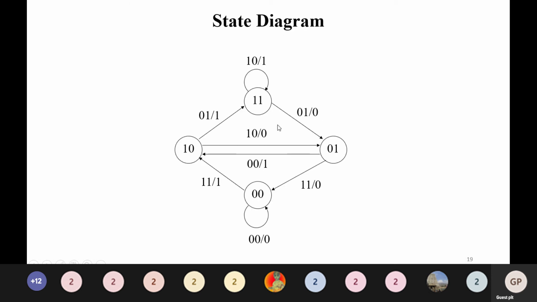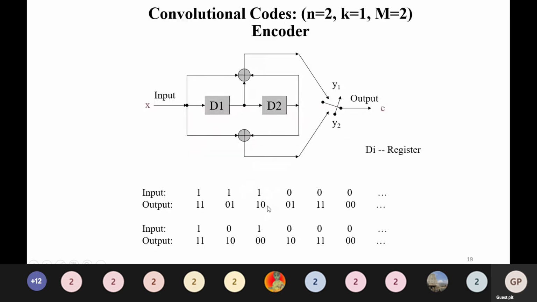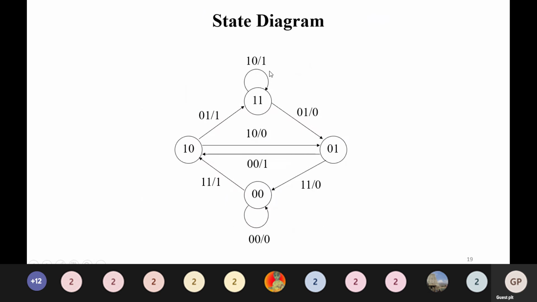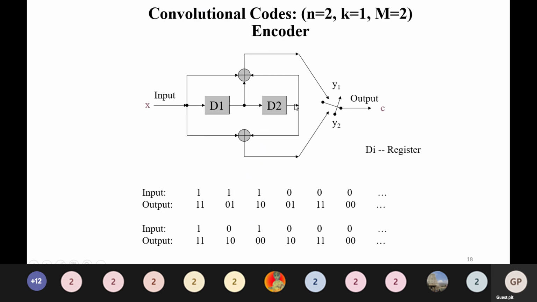Based on this, you can write the state table and the state transition diagram. Binary 1 and binary 0 are the inputs, and for each input you can get the corresponding values in the state table. Since you have two flip-flops, the number of state combinations is 2 power 2, so you can have 00, 01, 10, 11.